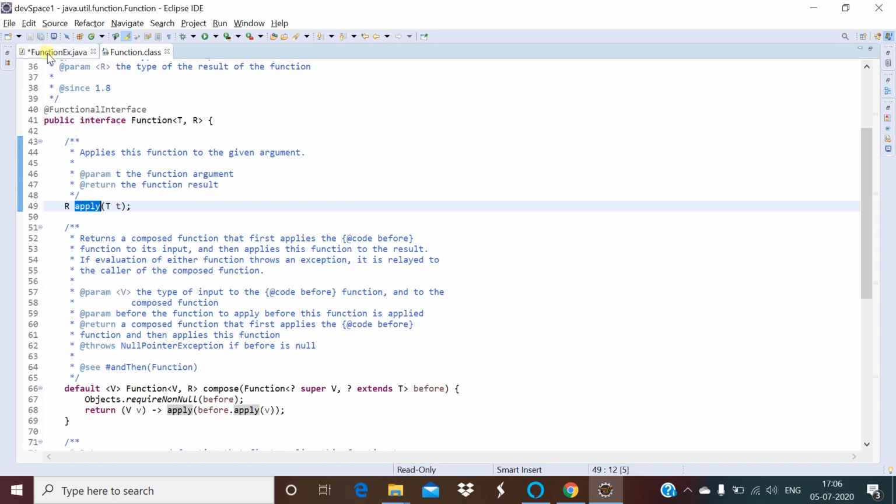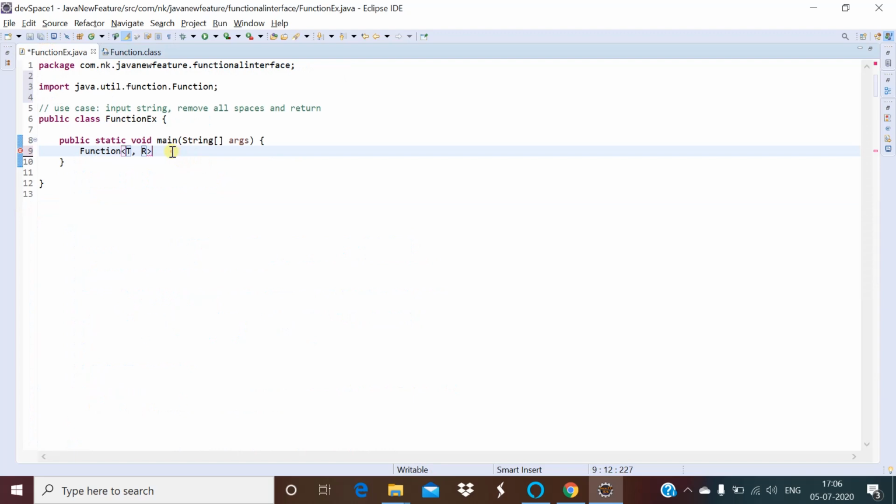Let's take one small use case. I'll take one string as an input type, process this string, remove all spaces and return that string. You can see there is one input type and one return type.